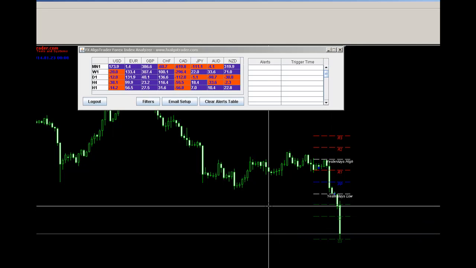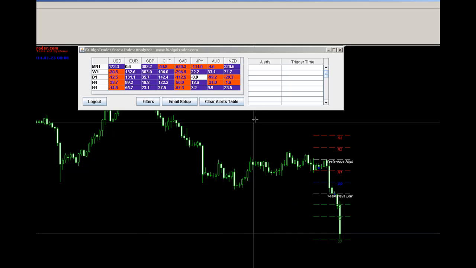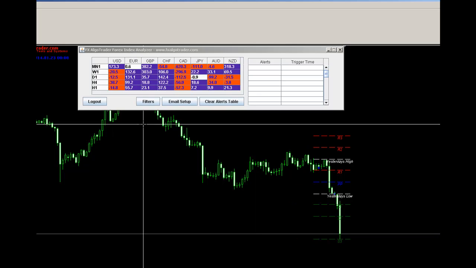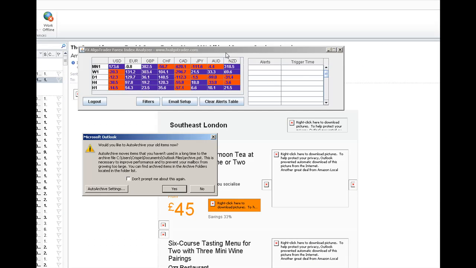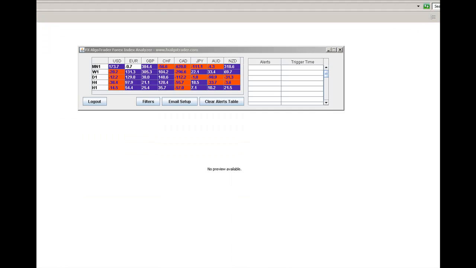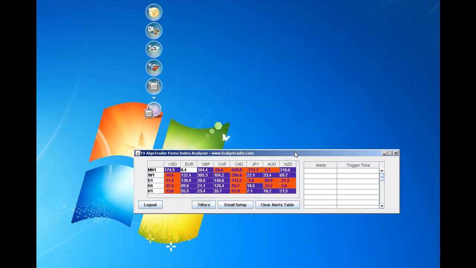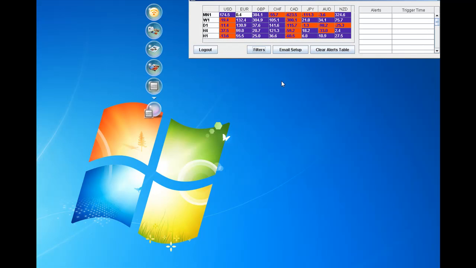Anyway, there you go. That's the index analysis for the day using the FX Algo Trader Index Analyzer, which is a platform-independent Java-based application which can sit on top of any application you wish. So it's Windows-based, so you can have it on top of Outlook, anywhere you want on your desktop. So it's a great way to keep an eye on the market, see exactly what's going on,